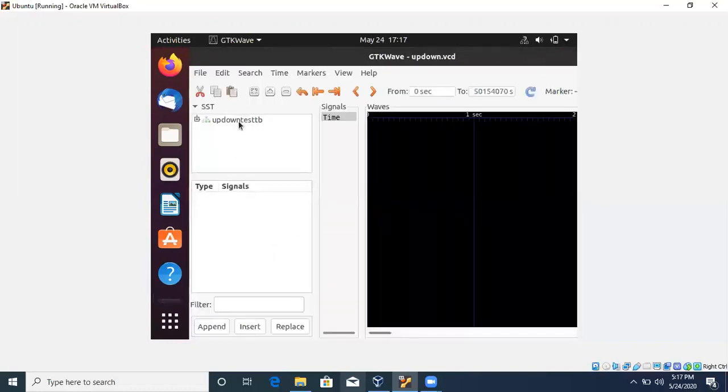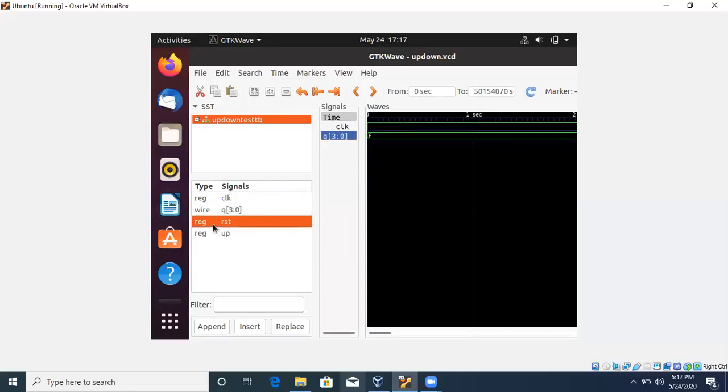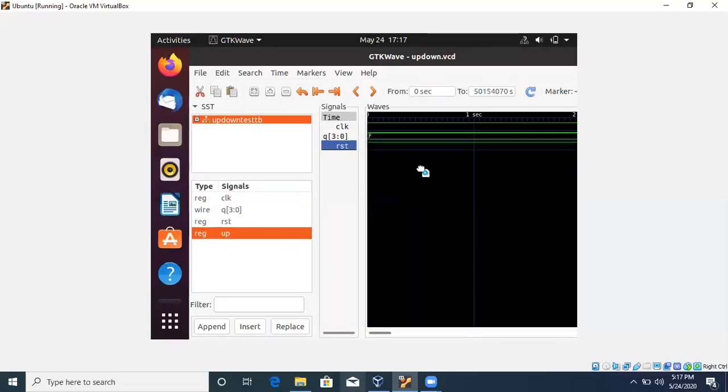So here the test bench is created, and the signals are clock signal, then the output signal which is 4-bit, then reset signal and up signal. All these signals we have to take towards the waveform window, and you can observe its values.